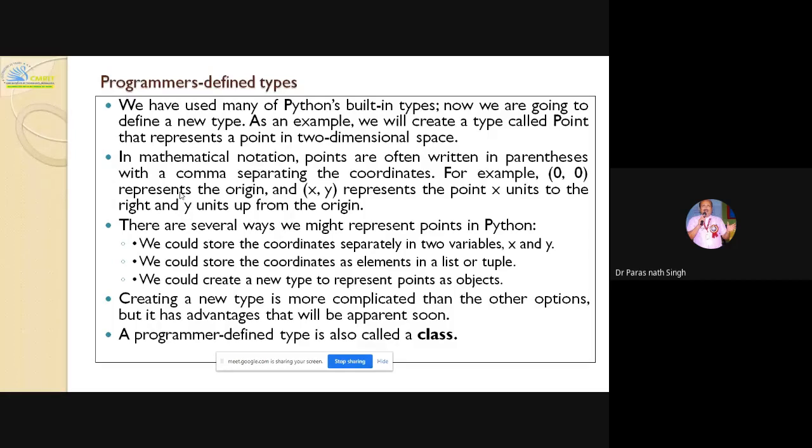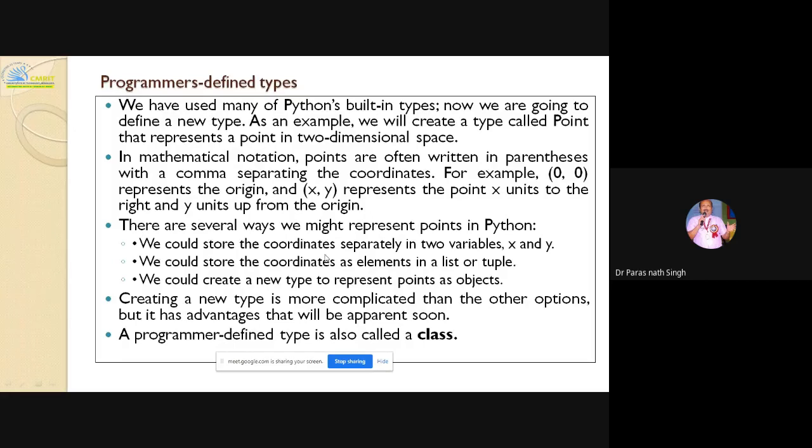But here, in mathematical notation, points are often written in parentheses with a comma separating the coordinates. Okay, for coordinates, (0, 0) represents the origin and (x, y) represents the point x units to the right and y units up from the origin. So this is where the coordinate of x is and where the coordinate of y is. There are several ways we might represent points in Python.